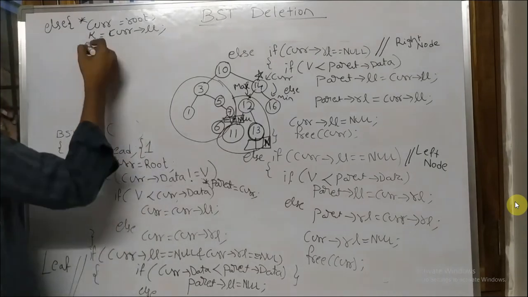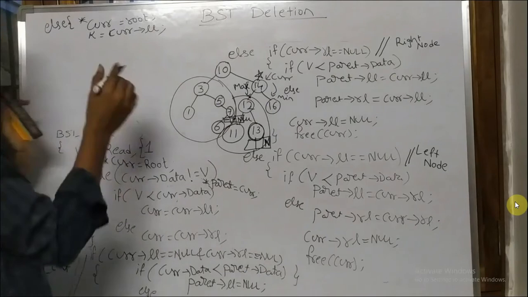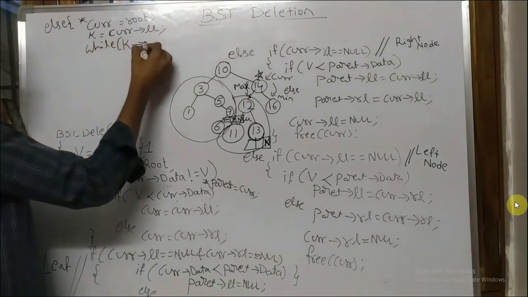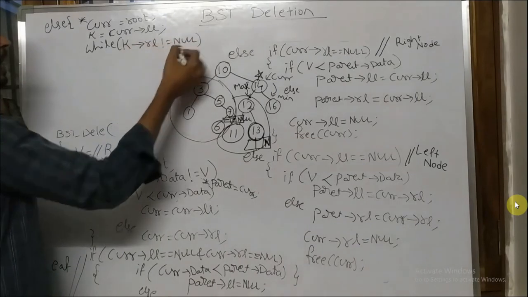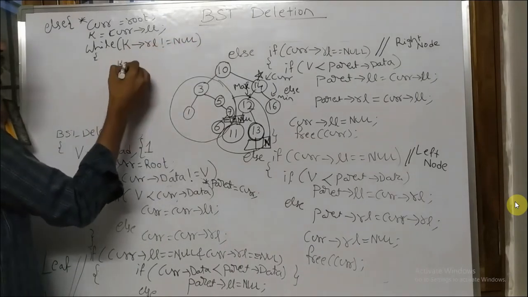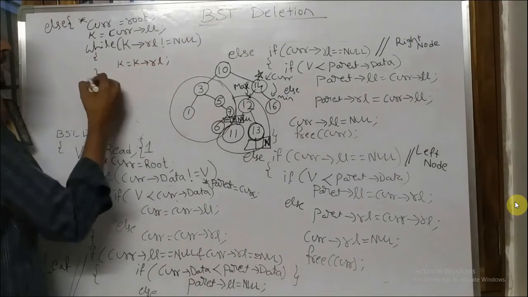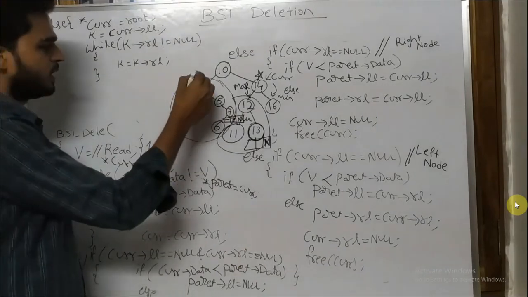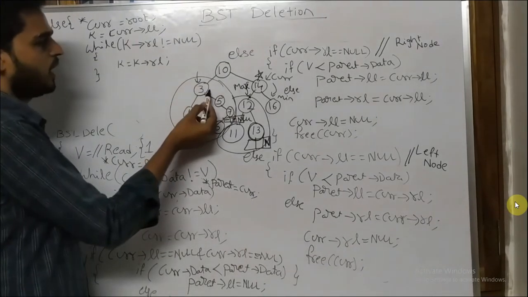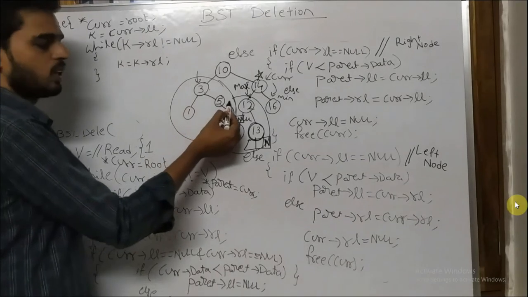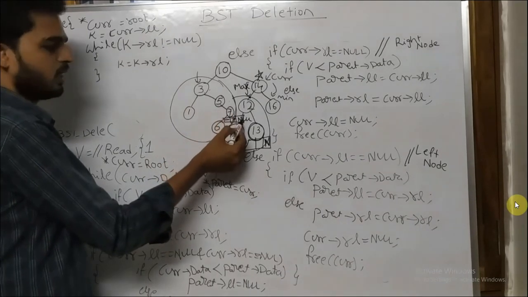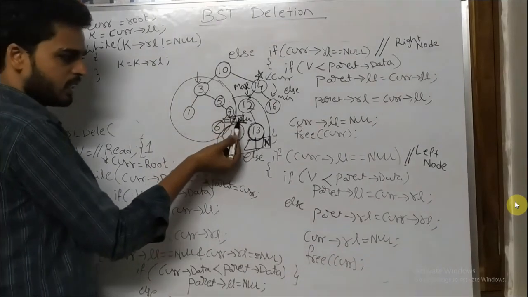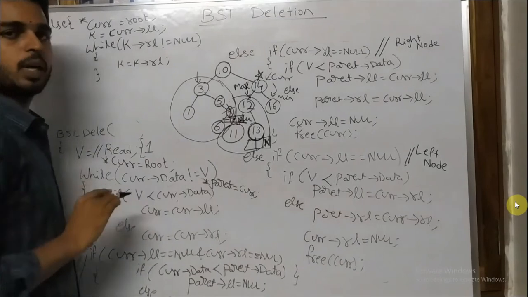When I want to completely traverse the right side, you don't know exactly how many nodes there are. So we need to traverse. While k tends to right link not equal to null, I am going to make k equal to k tends to right link. For example, I am presently at this particular location. K tends to right link is not null, so I will move to this location. Again it is not null, so I will move to this location. Now k tends to right link is null. When k tends to right link is null, I can say that this is the corresponding maximum, right?